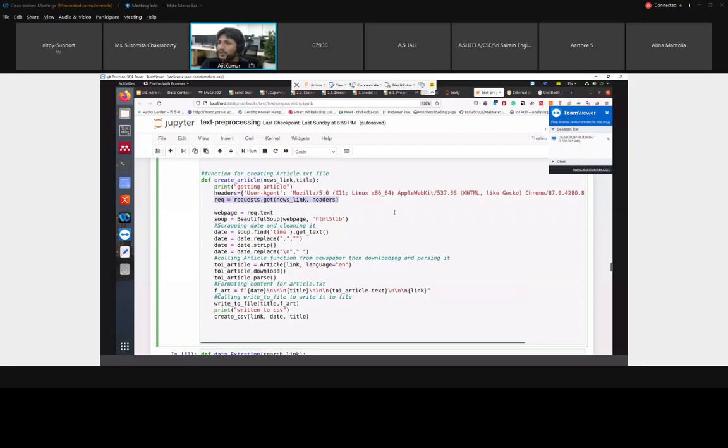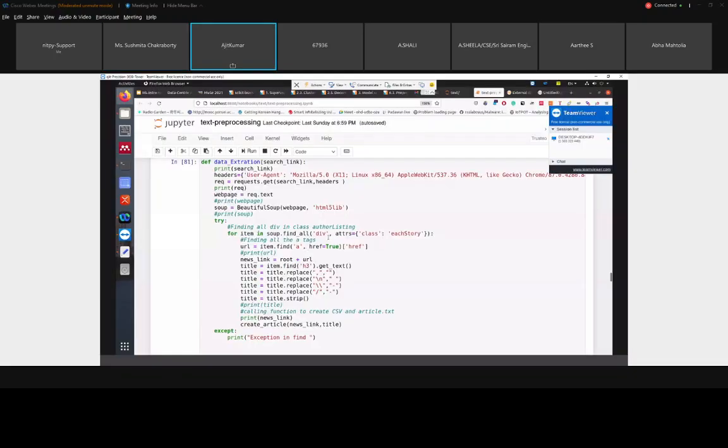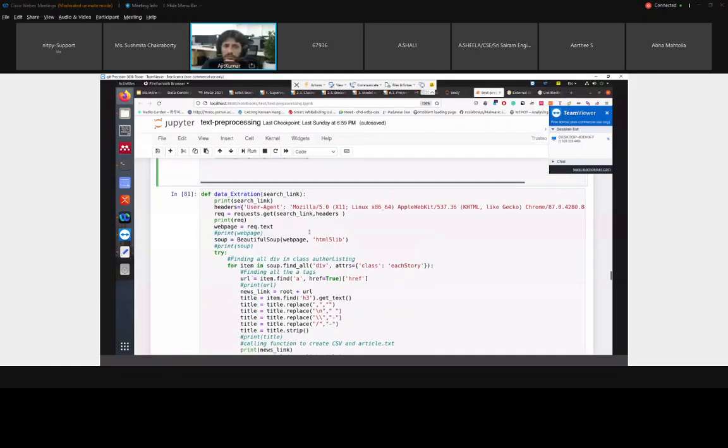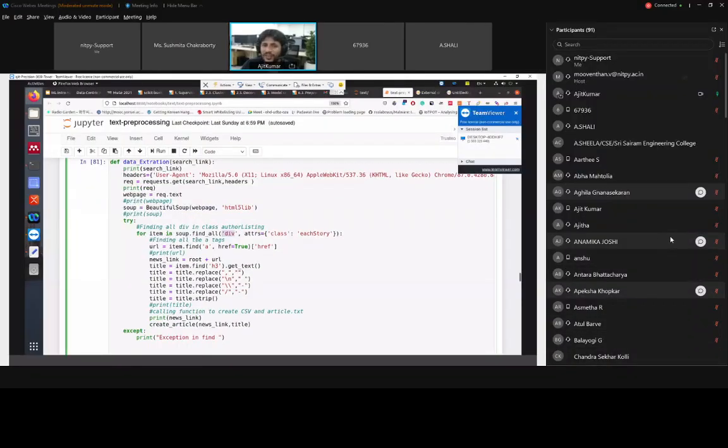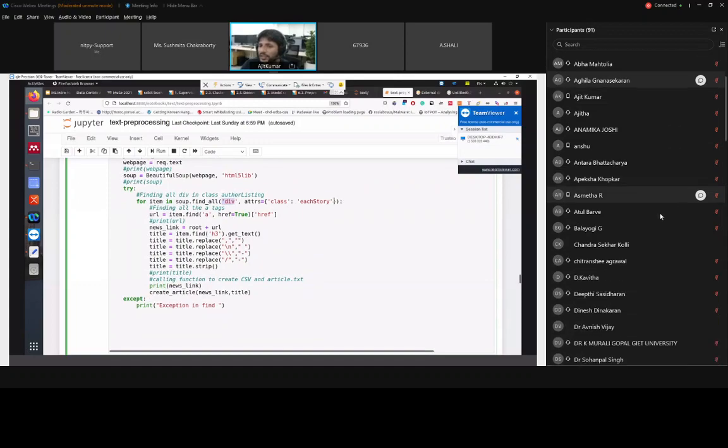So data extraction, I will pass the search link. Search link is this link where I am searching the term. It depends upon the different website. In this news site, they do it like this. User agent, I get the first search page, parse, get the text file, parse it into Beautiful Soup, and then find all the tags. So this is where you have to work a little bit,